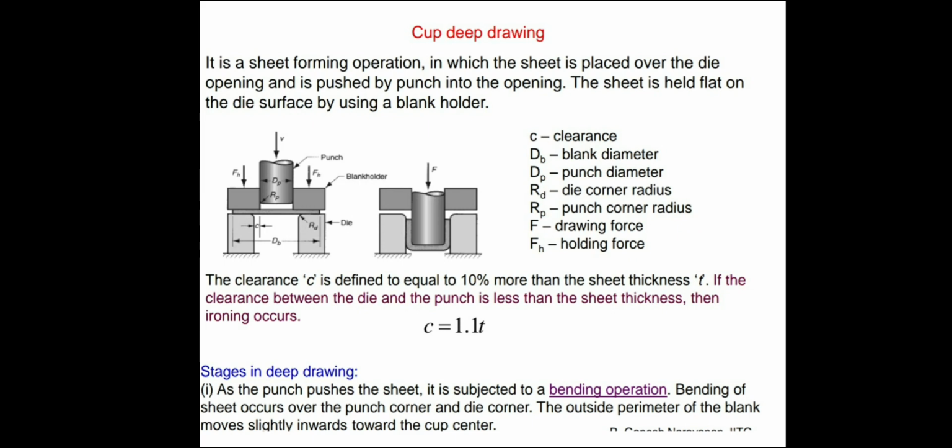So this is our cup deep drawing. It is a sheet metal forming operation in which the sheet is placed over the die opening and is pushed by a punch into the opening. The sheet is held flat on the die surface by using a blank holder. So in the figure you can see